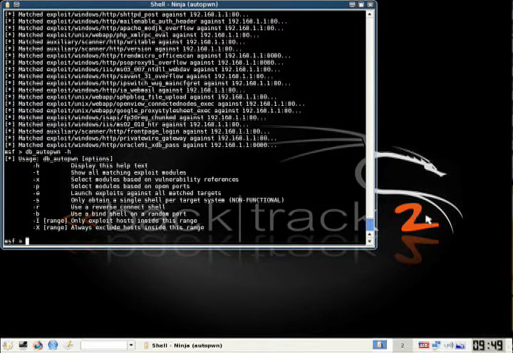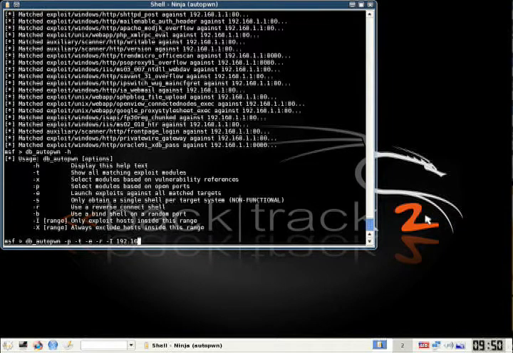And finally, if you want to run the exploit, you would do db_autopwn -p -t, just to see, so you can match up the exploits, and then you would do -e. You can also use a reverse shell connection, that's optional, and then if you want to, you can pick which IP you want. If you don't pick which IP you want, then it will just attack all of them.